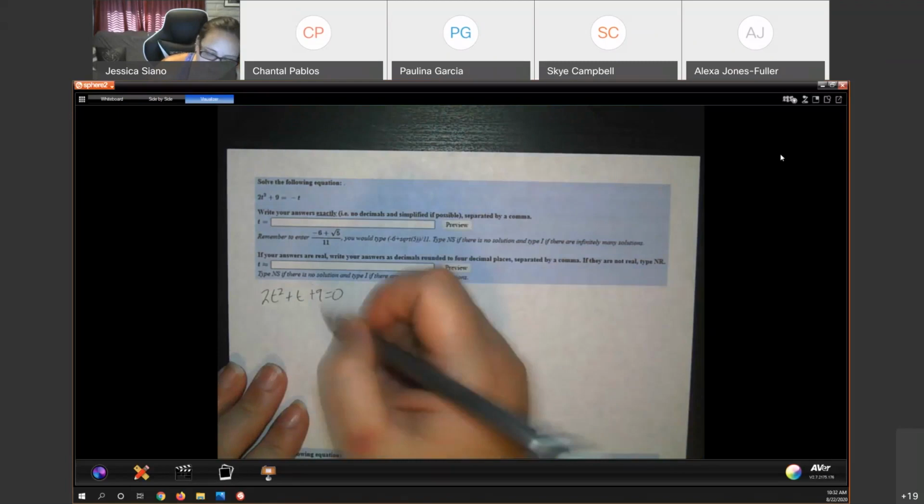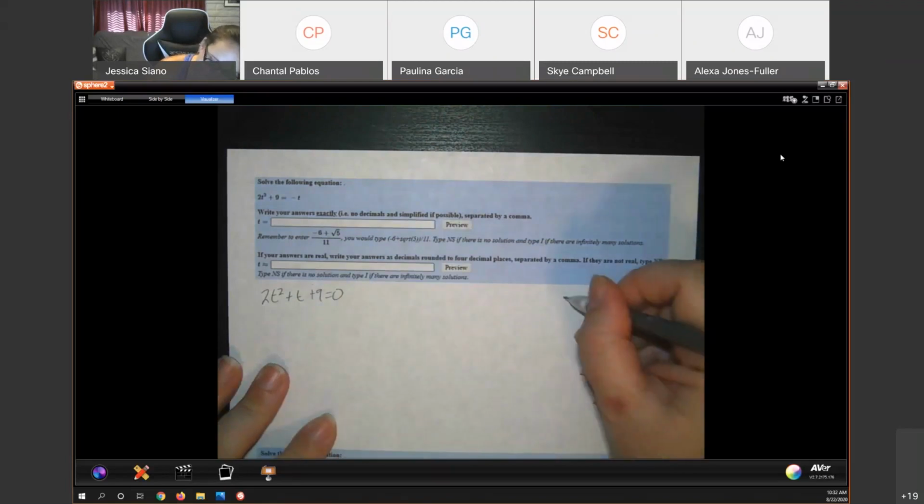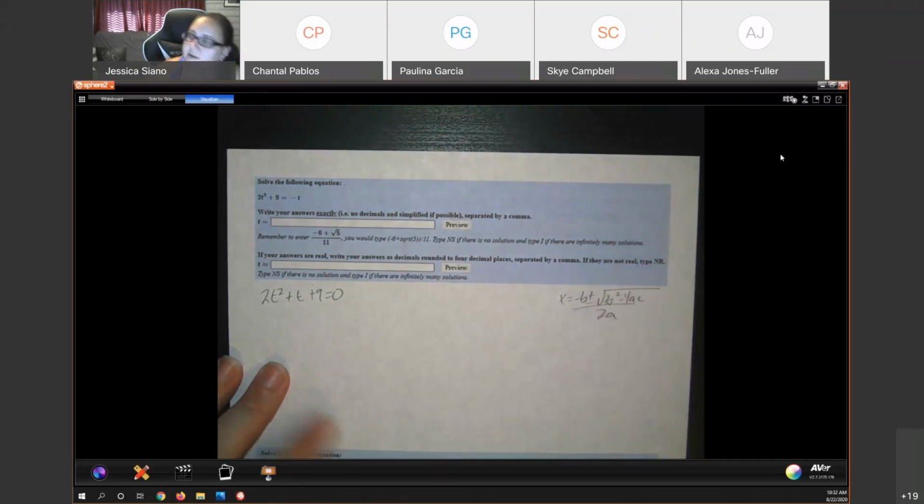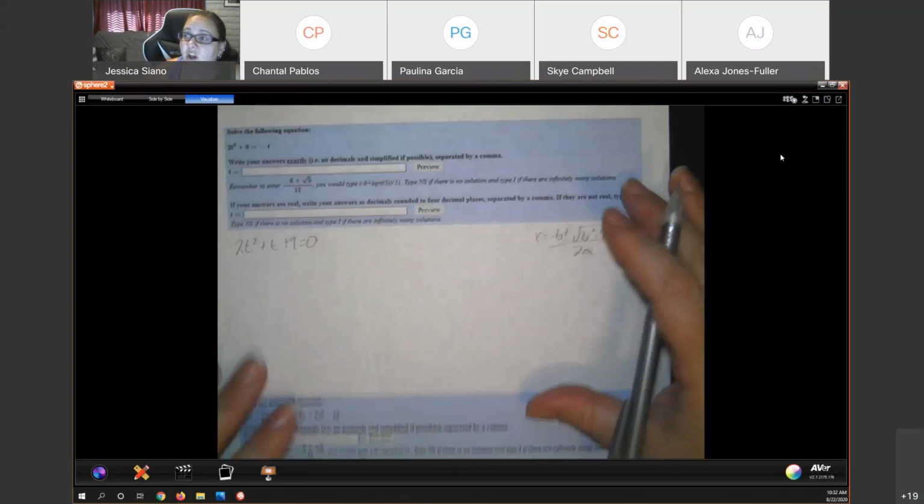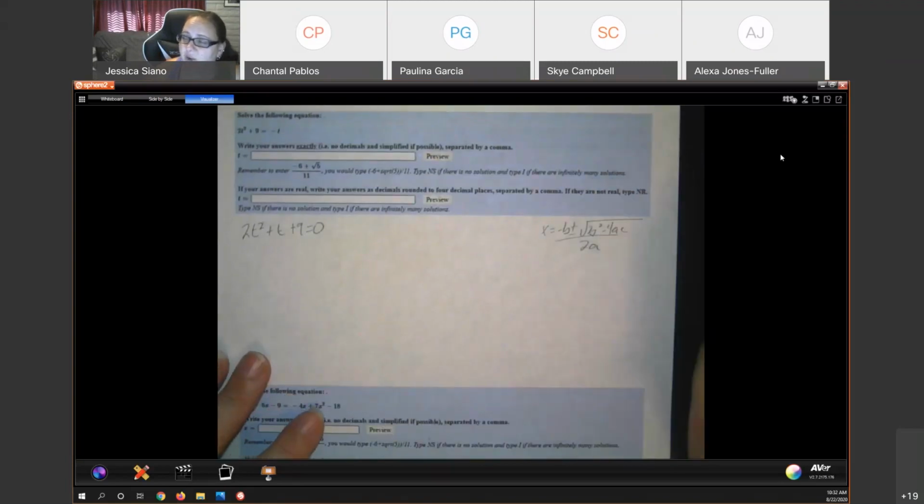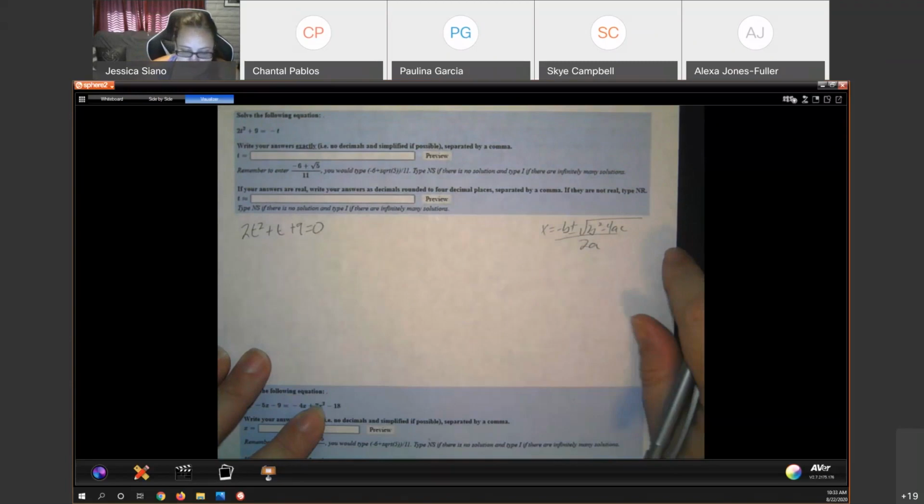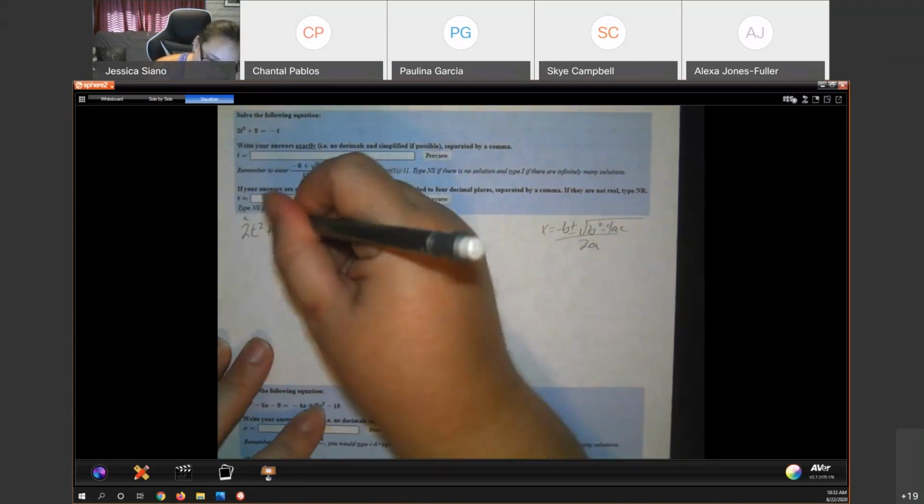So remember that the quadratic formula is x equals negative b plus or minus the square root of b squared minus 4ac over 2a. The quadratic formula is also prerequisite knowledge for this class. So I lied to you before when I said there was one thing. There are two things. You need to know how to factor and you need to know how to use the quadratic formula. Okay, so remember A, B, C,